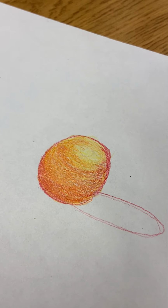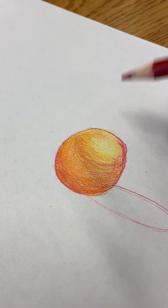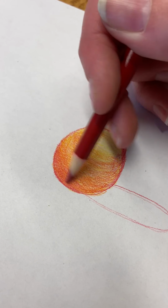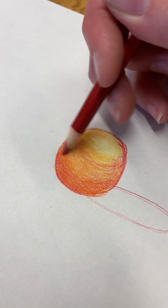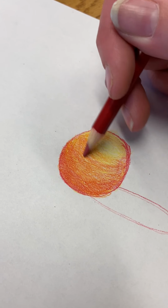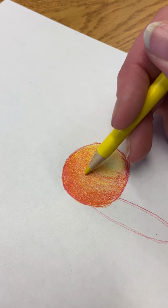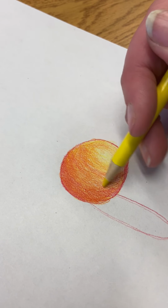I'm gonna go back over with my reds now, and you wanna make sure you keep your colored pencils sharp. The sharper they are, the easier they are to draw and shade with. So there I come with that. And you can see it's getting lighter, lighter, lighter again. And I'm even gonna come over this with my yellow just to blend back through, and I'm gonna go over the entire thing. And this you're gonna see just smoothing it out even more. So the more we layer,